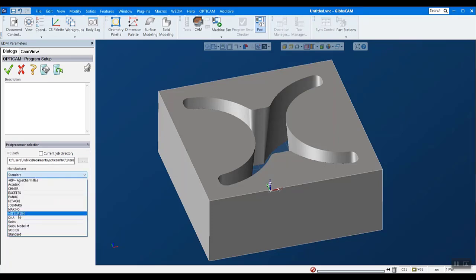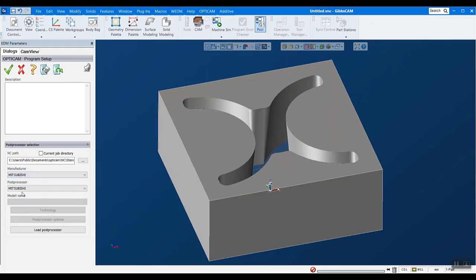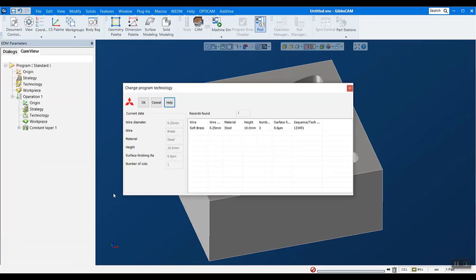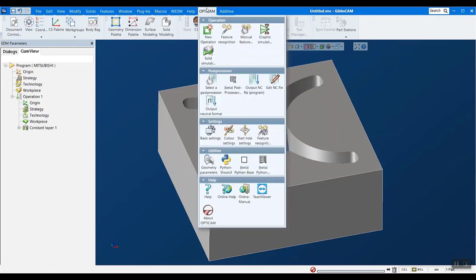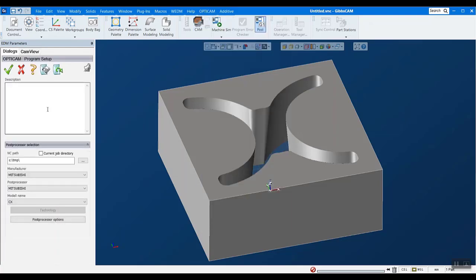Actually, all the post processors are built into the product when you buy it. So there's not any going to the post department and, hey, I need a change here, I need a change here. It's all already in there, and you also get a little bit of manipulation that you can do as well here. So I'm choosing a Mitsubishi machine, Mitsubishi post,